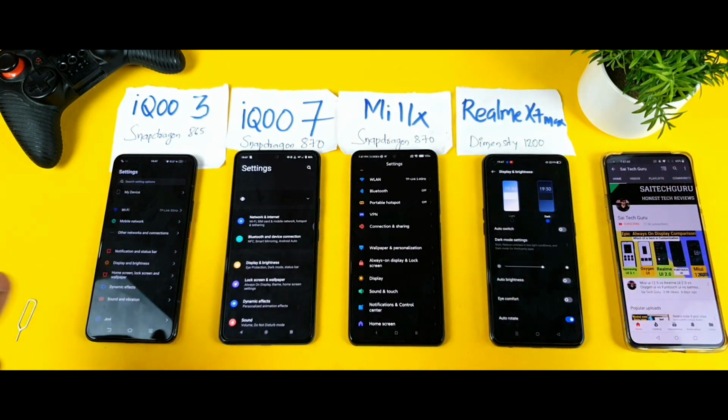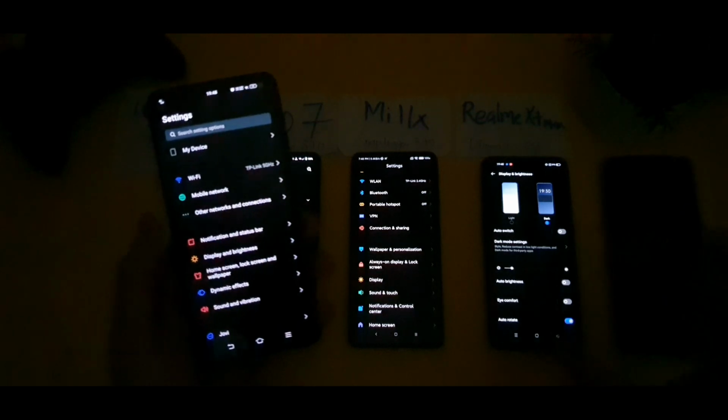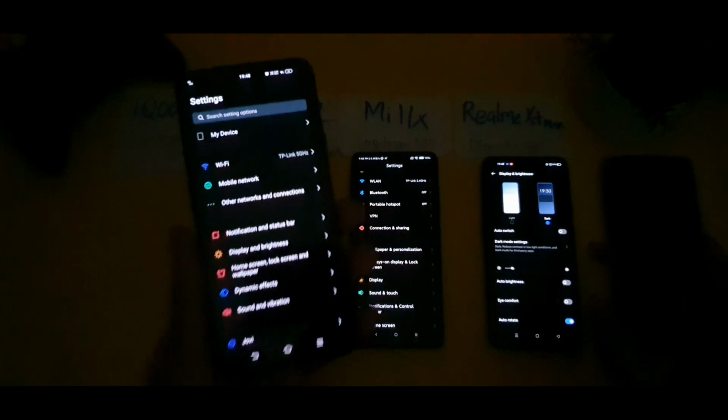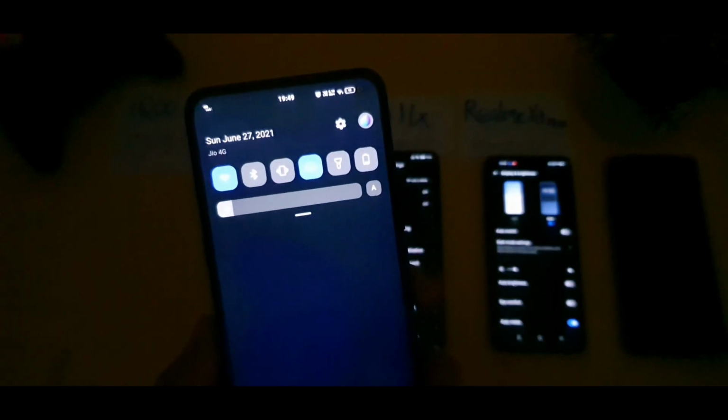Next thing is to turn off the studio lights and everything. As you can see friends, I'm using a very low light environment at this point. The first phone I'm using is the IQ3 device, testing the green tint while using the notification panel. In the background there's the settings application. You can clearly see the settings application in the background and the notification panel. Let me pull it down. Somewhere around here you should be able to see any kind of green tint problem. I think there's not much visible at this point.